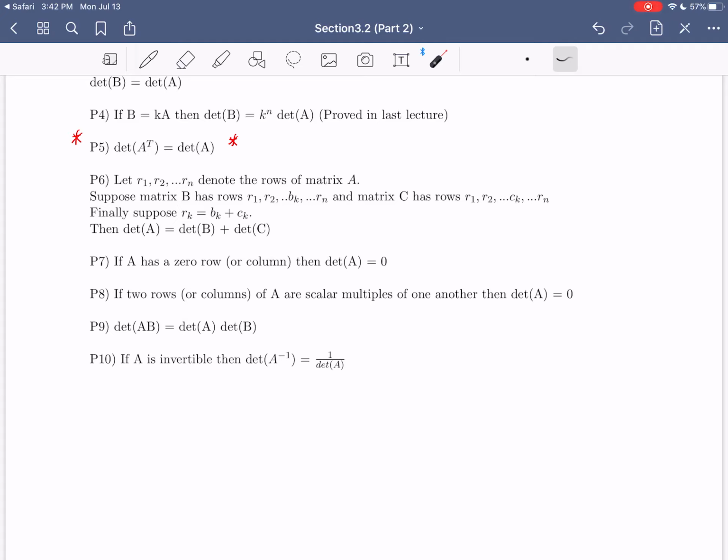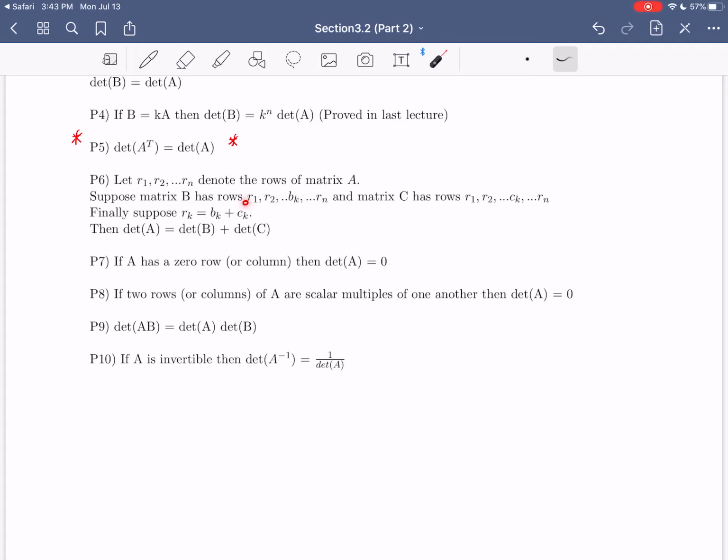What this is basically saying is that the determinant does not distribute over addition. So in other words, the determinant of A plus B is not equal to the determinant of A plus the determinant of B. Instead, it's a little bit weirder. What it's saying is that it distributes over addition, but addition in one single row only,